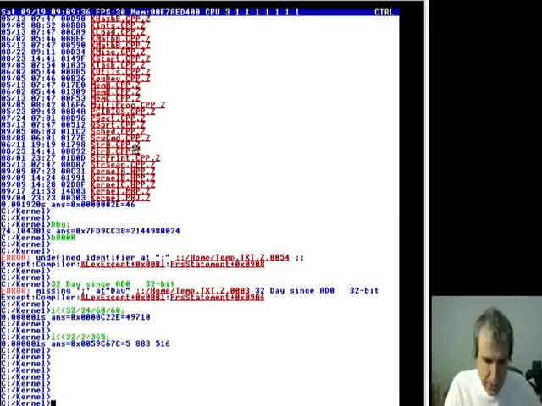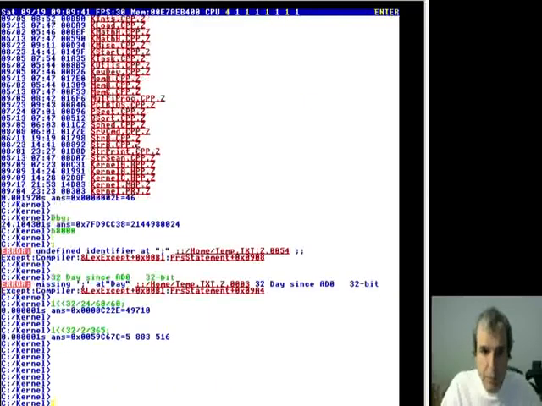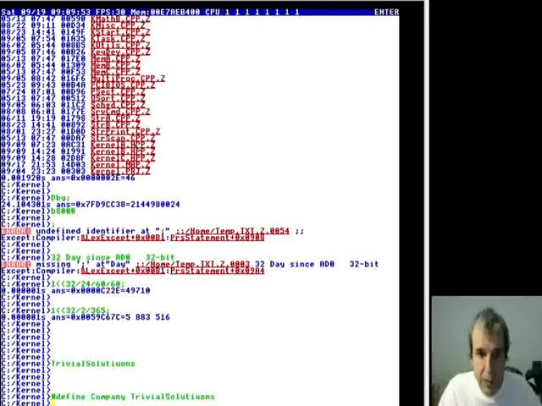So what I just did, if you hit Control T, there's a text entry looking for a pound define. I used to call my company Trivial Solutions. So there's a string indirection table, and you can